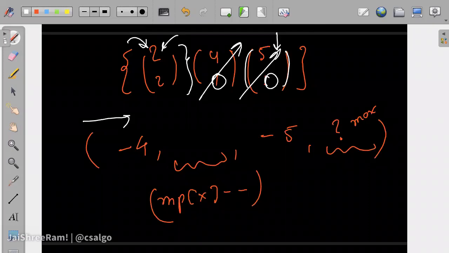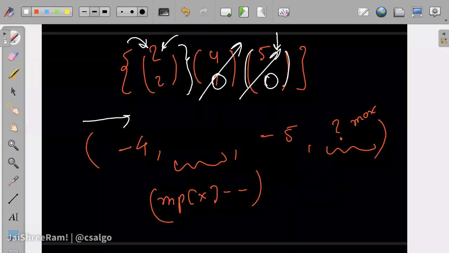It takes order log n time. So most of the operations with a map take order log n. So I see here, okay, around 10 people. Will mp dot begin plus 1 return the second element? Yes, it will return the second element, but it will take order log n time. Okay, we will code this all, so no worries.